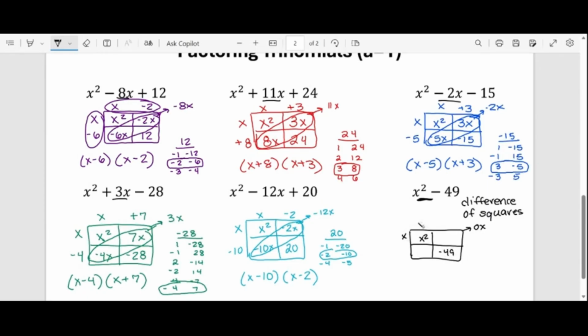So we obviously did x and x to get x squared, and to get -49, you could do 1 and -49, -1 and 49, or -7 and +7. And what happens is we use the -7 and the +7 here and here, and we'd get -7x here and +7x, and they cancel out, leaving us with nothing in the middle. I actually am going to have a whole video showing you how to do different examples of these, because it's really cool how every single time those two squares in the middle